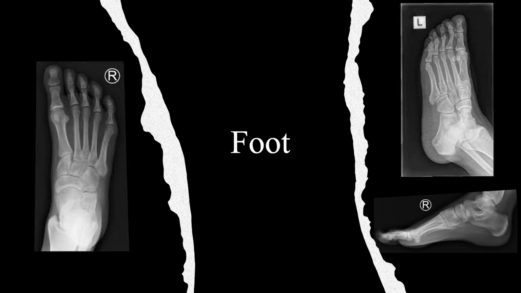And that's pretty much it for the ankle, or for the foot. So all in all, it's very much just knowing and understanding what a normal anatomical x-ray looks like. And then when you're looking at one that has a pathological fracture or something else, you want to be able to know what is wrong with it and then be able to